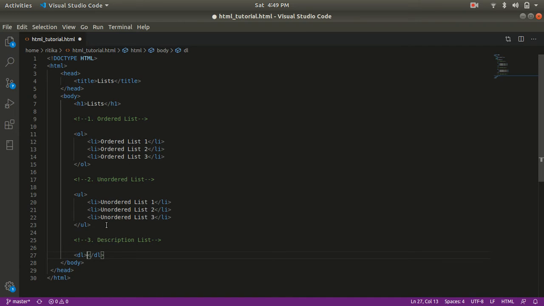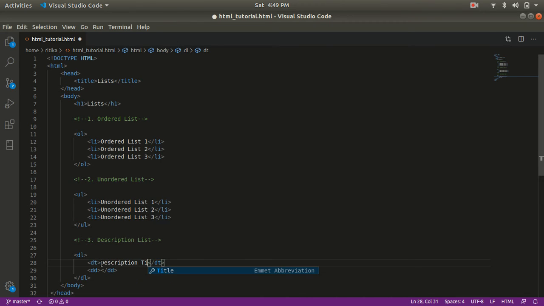DL means description list. But here within DL we are not writing LI tag. Instead of that we are writing DT, which stands for description title, and after DT we are giving DD, which stands for description data. So let's write